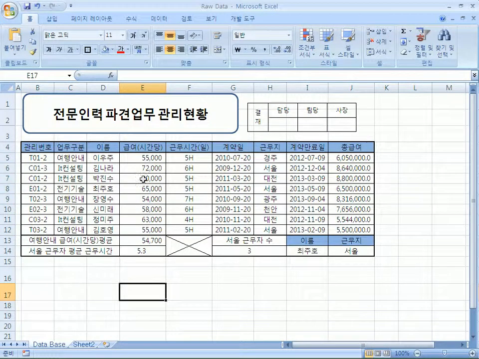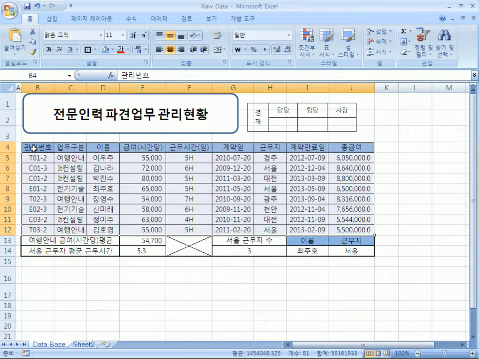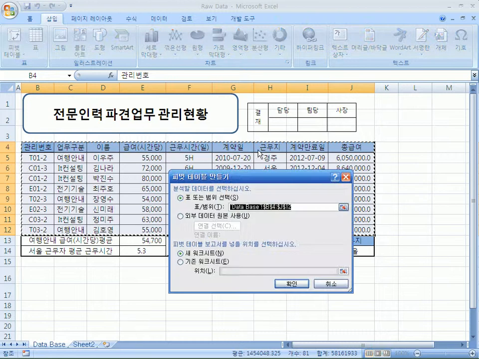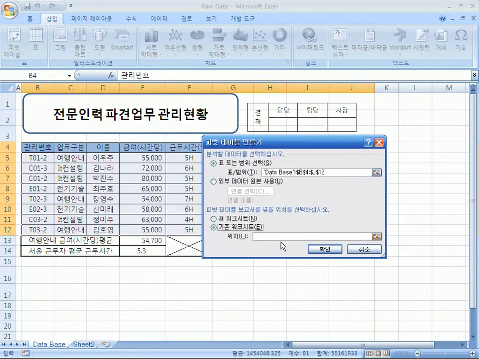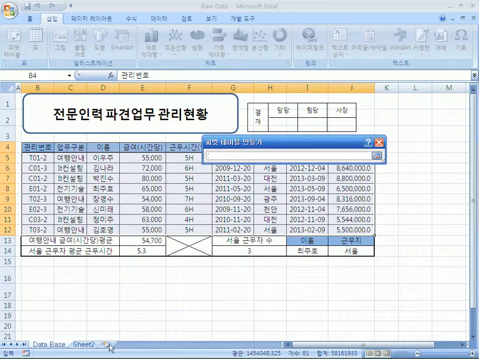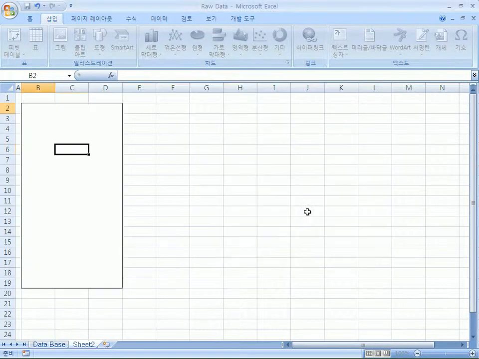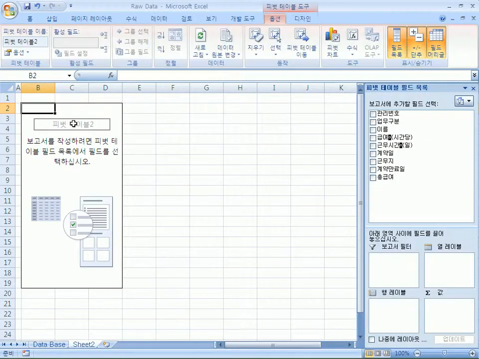And the next step I'm going to do is making a pivot chart based on this data. So I block the range of data to make a pivot table, and I will put the pivot table on an existing worksheet. So here on the cell B2, I will arrange the pivot table,